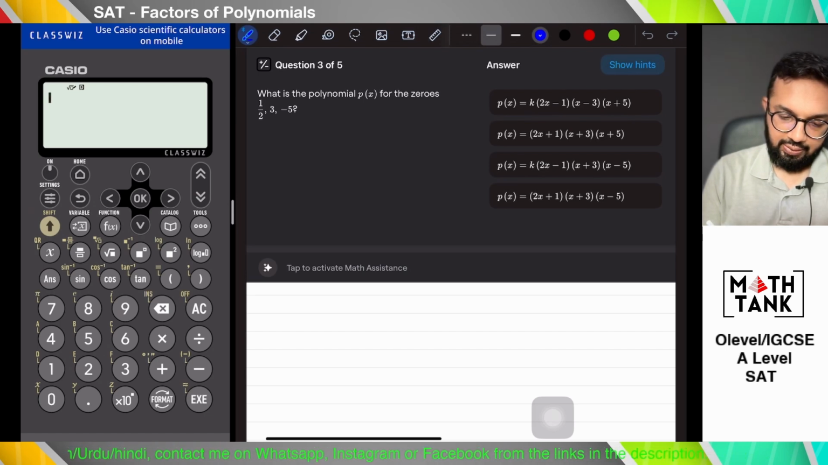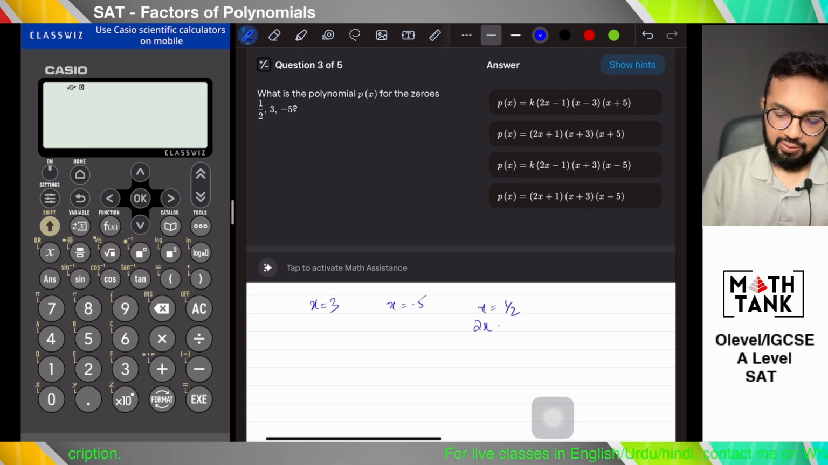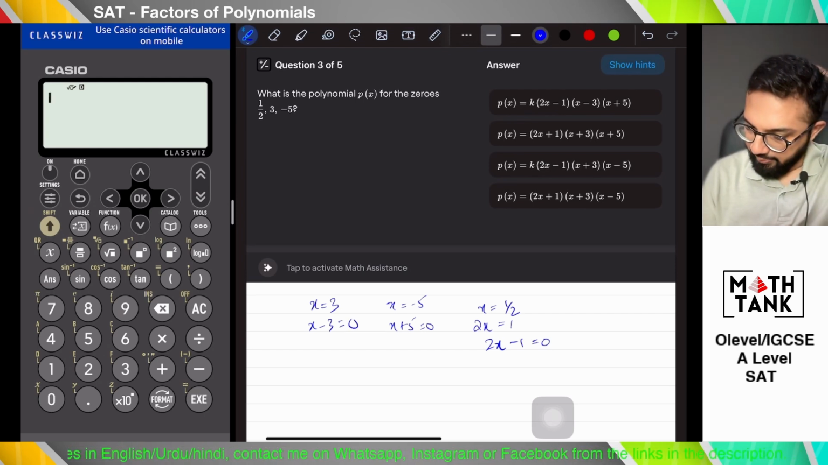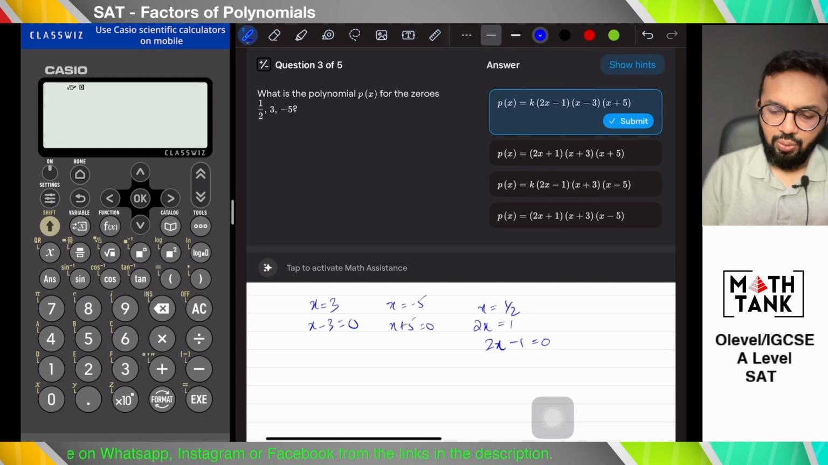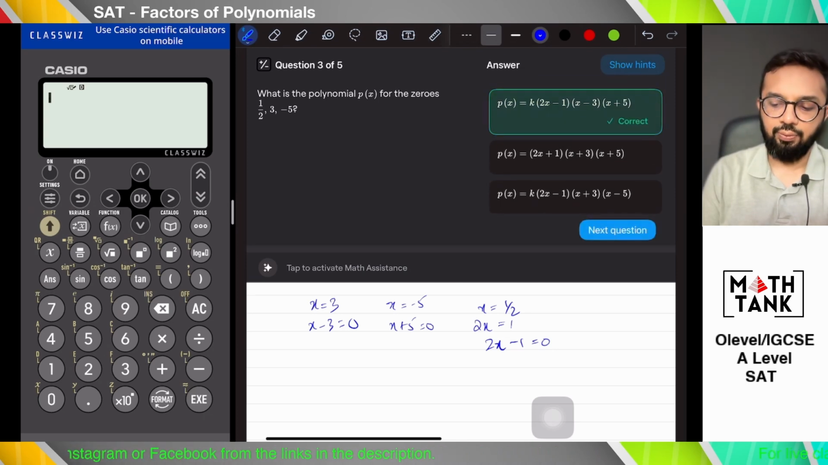Okay, what is the polynomial p of x for the zeros? Okay, so I need x equals 3 and x equals -5 and x equals half. So that's going to be 2x minus 1 equals 0, and x plus 5 equals 0, and x minus 3 equals 0. Let's see where we have all of this. The first one, see the coefficient doesn't matter. K can sort of go to the other side and